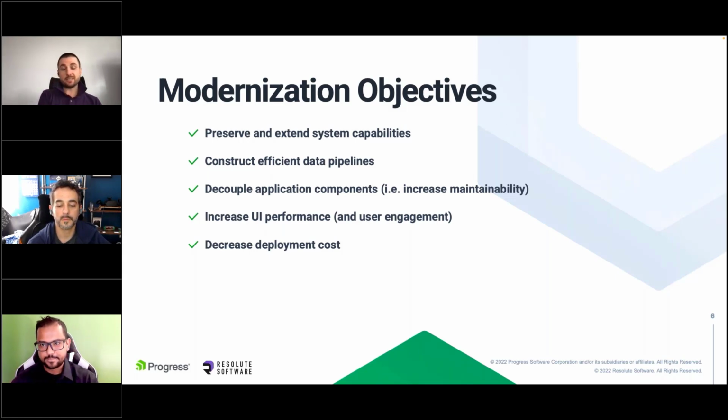If you are modernizing a system and you produce an output that has only half the critical system capabilities of the legacy, well, guess what? You are probably not doing an outstanding job in your modernization effort, because half of your users are probably left behind. Another incentive or objective for our modernization effort is that we most of the time need better data pipelines.